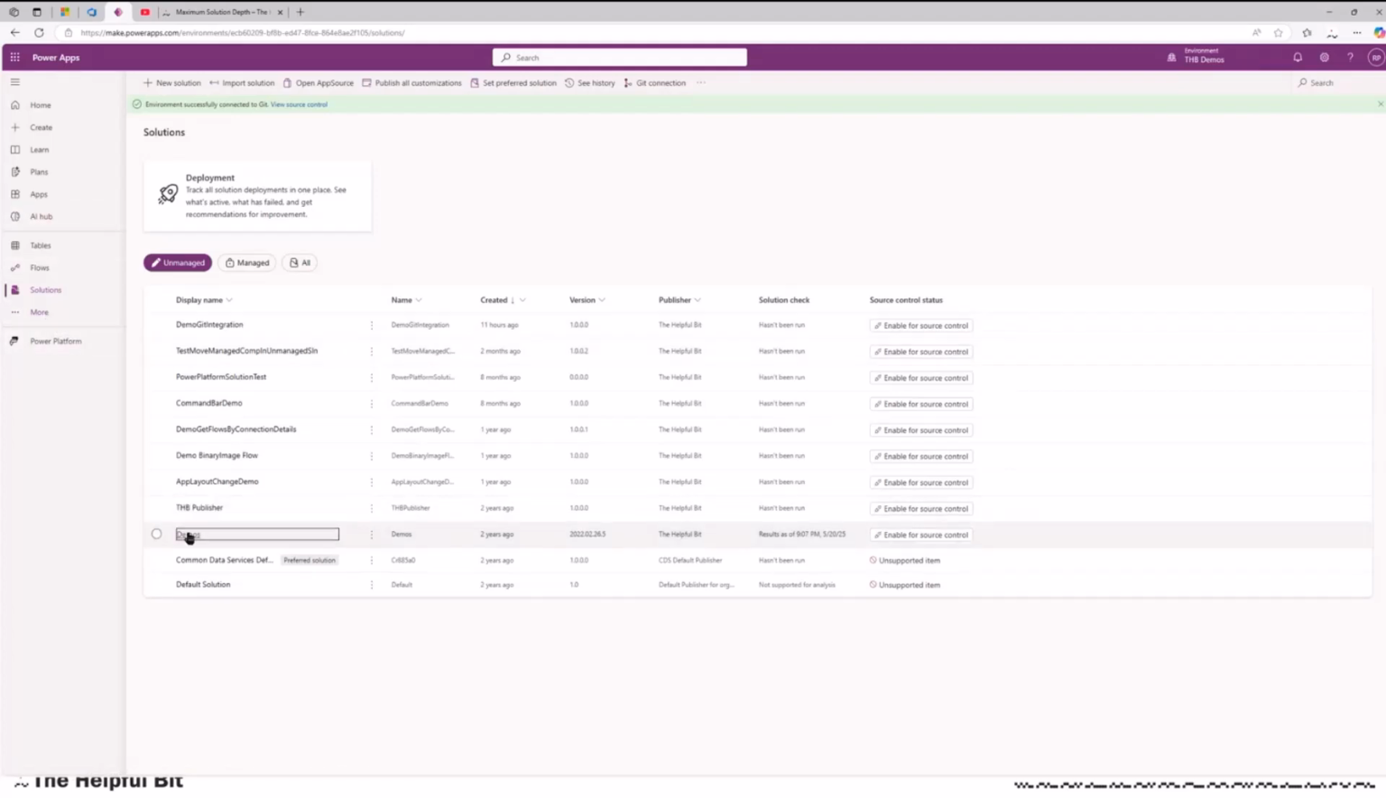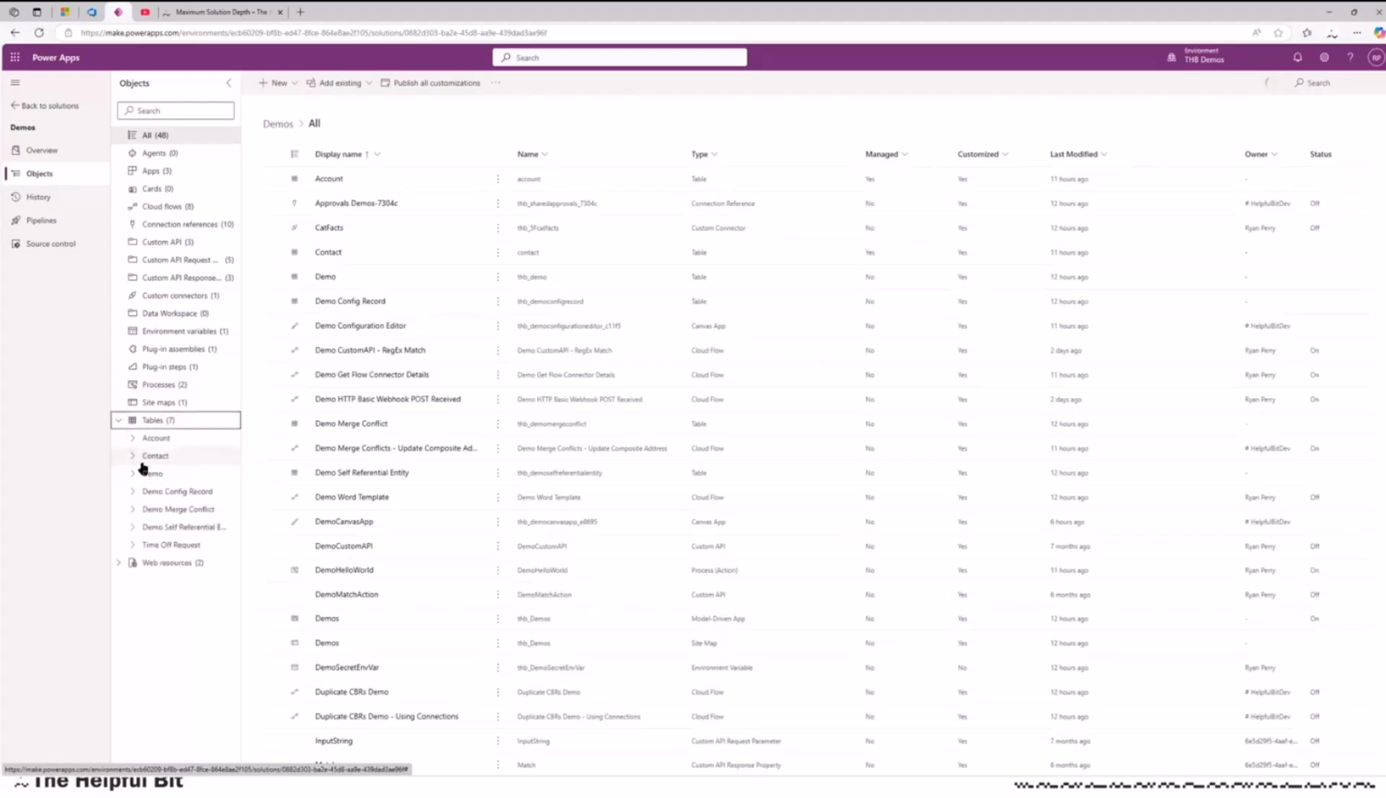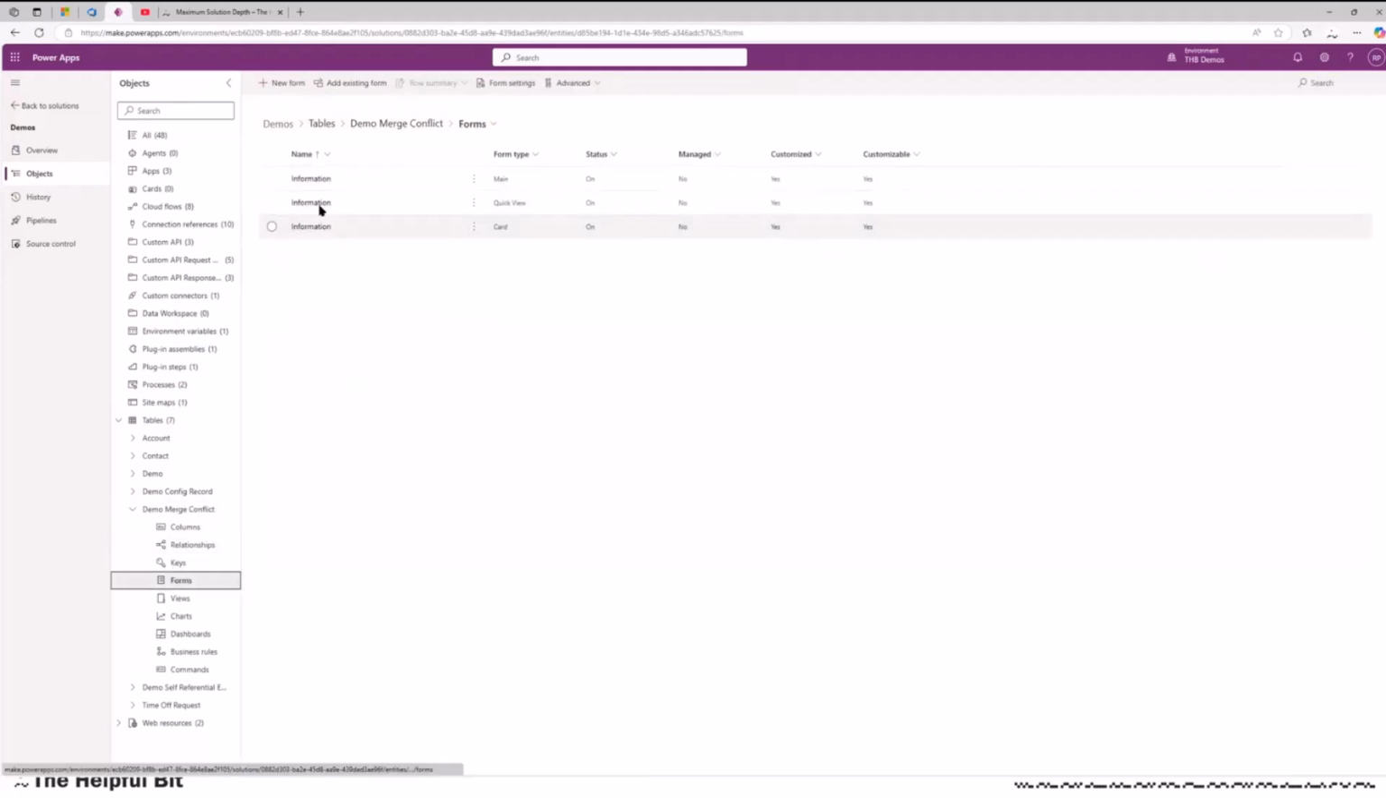So I'm going to come into my solution. The one that we just chose to sync was this demos one. And I'm going to use this demo merge conflict table. So say we have a model-driven app. And if we look at the forms, I'm in the environment. If I open up the information form,